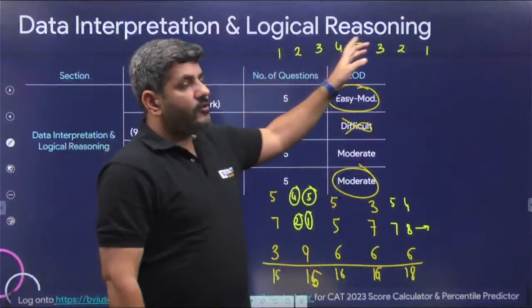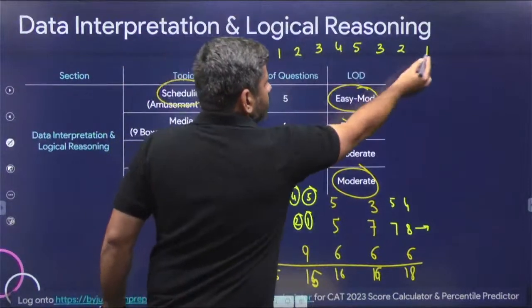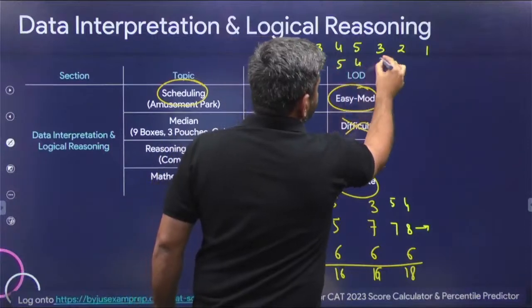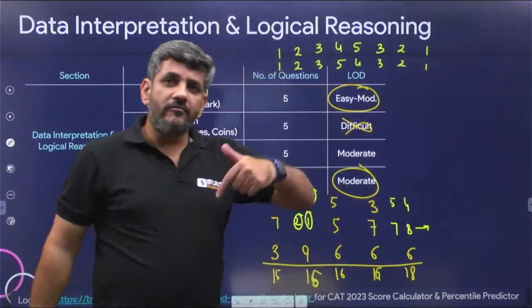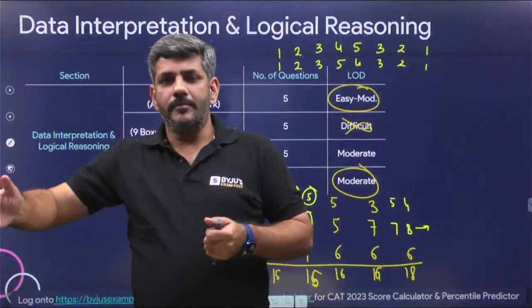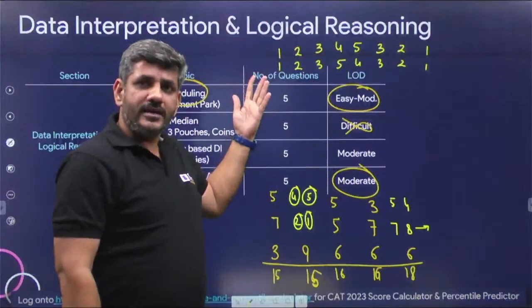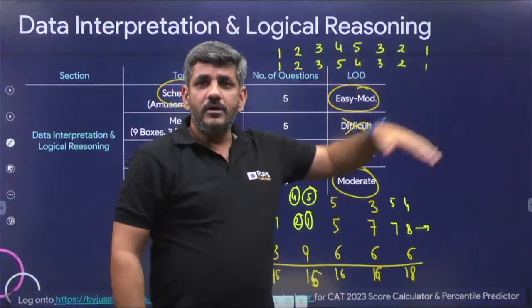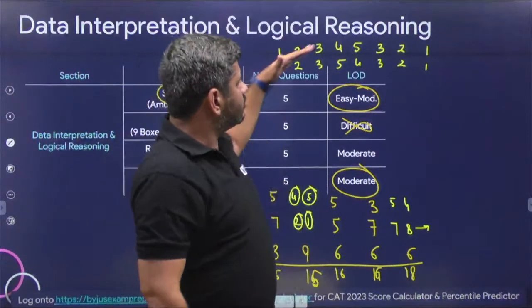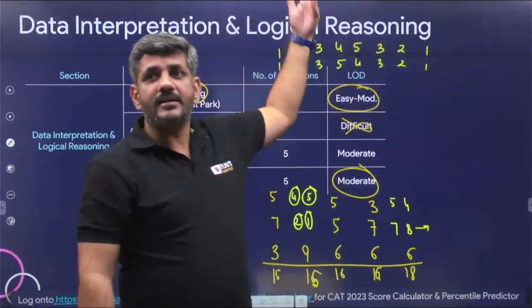Now if 1, 2, 3, 4, 5, 3, 2, 1 is possible, that means the reverse of that is also possible. So I can also reverse it and say 1, 2, 3, 5, 4, 3, 2, 1. You have to start from 1, you have to reach 1, and you keep on going up and then you come down, right? So if I reverse this, it would still look like you are going up and coming down. Therefore for the first one there were 2 possibilities: 1, 2, 3, 4, 5, 3, 2, 1 or 1, 2, 3, 5, 4, 3, 2, 1, the exact inverse of that.